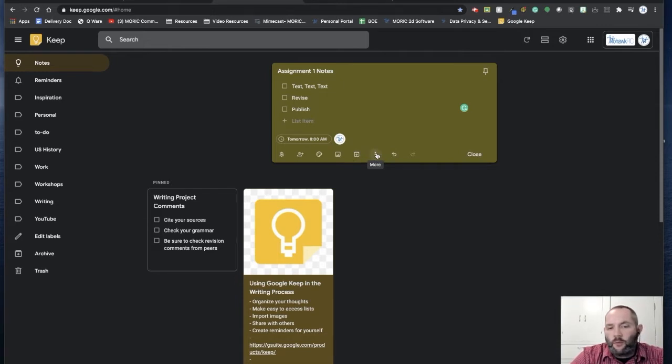We did have a couple other options in the More menu. You do have the option to delete them. You can also add a label. So when we first jumped into Google Keep, I mentioned that there's a bunch of labels down the left here. As you use Google Keep more, if you use the labels feature, your list can be quite long, but you can add labels to your notes to organize them.